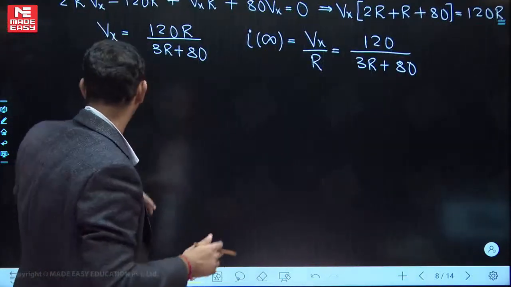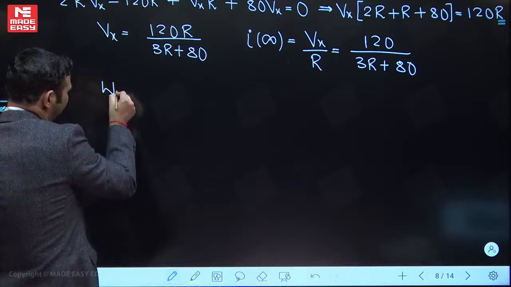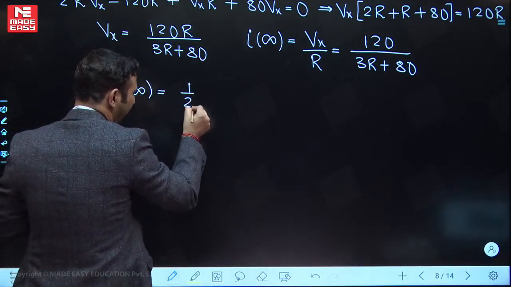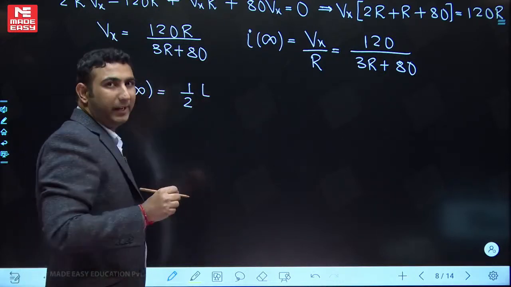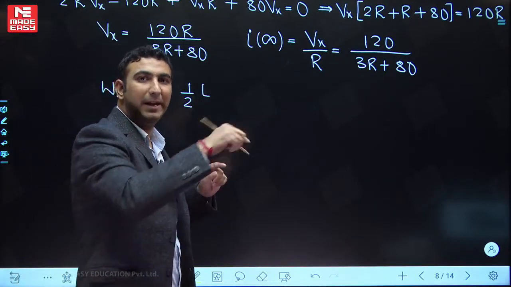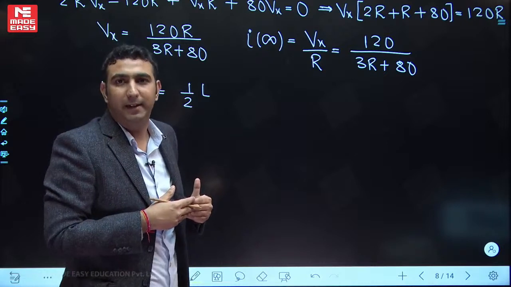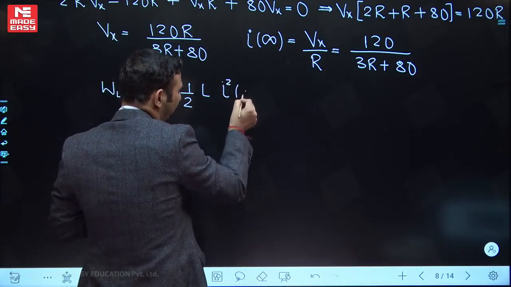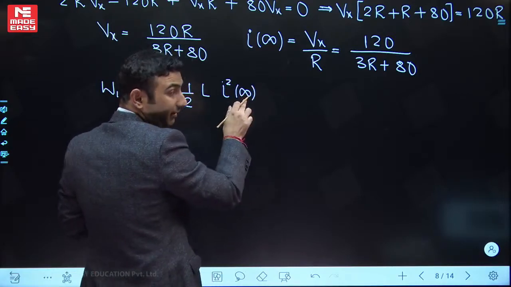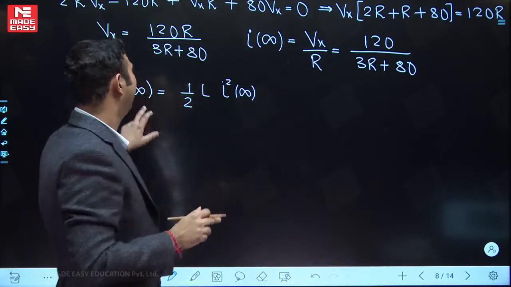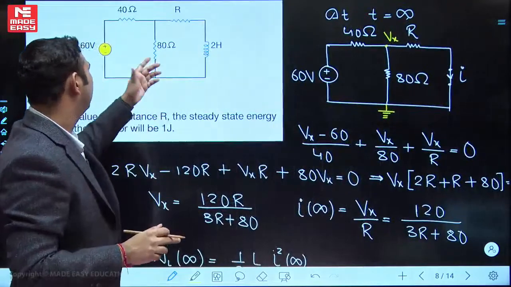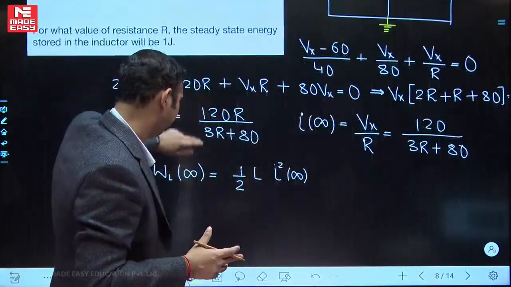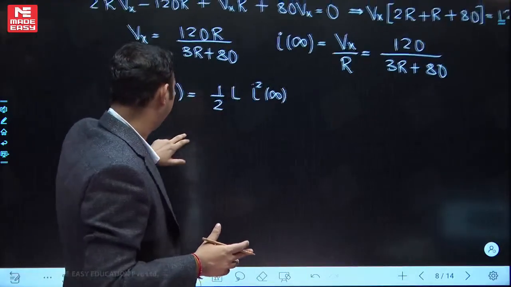So now let's go with the steady state energy. So the steady state energy stored in the inductor will be half L. Formula क्या होता है standard? I square infinity minus I square t naught जहाँ से start की हमने value. मतलब यहाँ bracket डलेगी, क्या आएगा? I square final value, क्योंकि final निकाल रहे हैं, minus जहाँ से start किया. Start t equal to 0 से किया था, हम मान के चल रहे हैं, inductor unenergized था, कुछ नहीं बताया, तो वो 0 हो जाएगा. So this is what I am having.